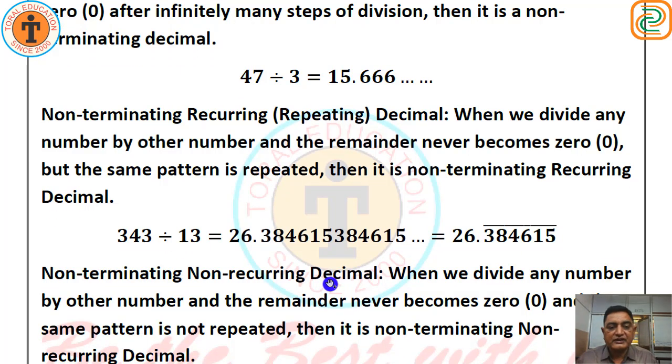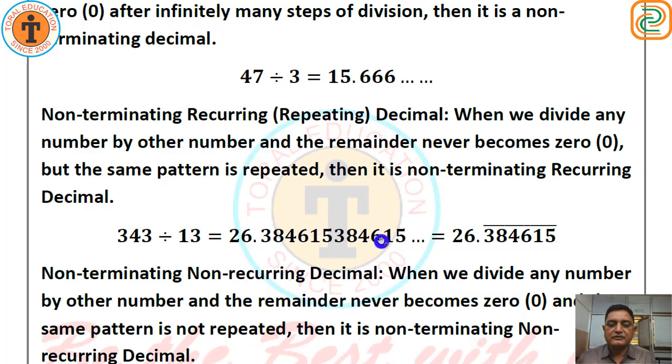Non-terminating, non-recurring decimal. Here it was non-terminating but recurring. Here it is non-terminating and non-recurring decimal. When we divide any number by another number and the remainder never becomes 0, and the same pattern is not repeated. Here the same pattern